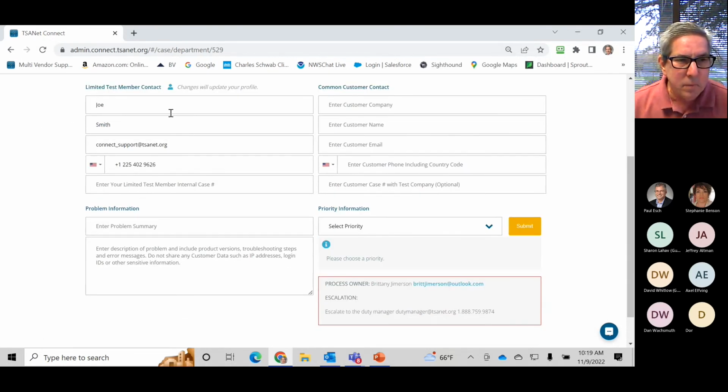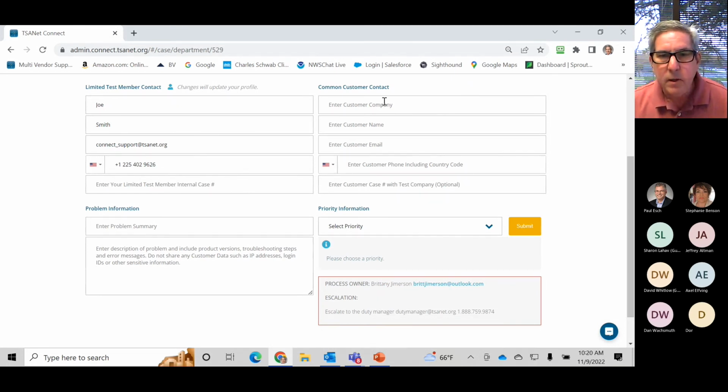Again, as the engineer, my information is already going to be preloaded in here. I put in my case number because we're going to capture that as part of the metrics. I'm also going to put in my contact information here. Again, it's going to be preloaded. I'm just putting in, hey, this is the problem that I've got, so that the receiver of this ticket in this incident is going to be able to pass it on to wherever it needs to go.